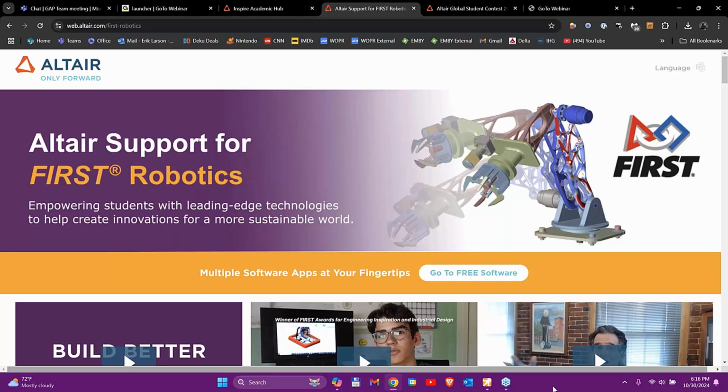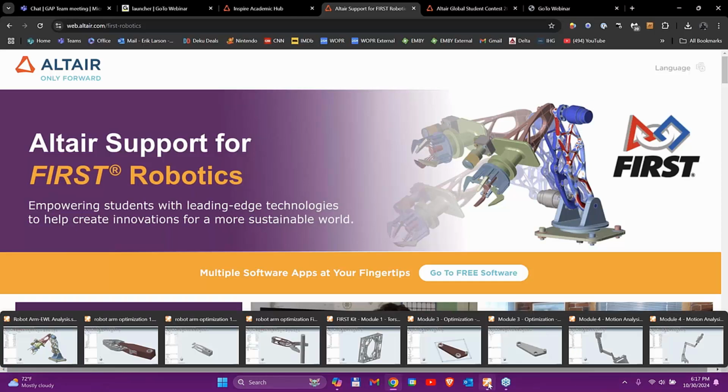So like I said, we're not going to go into a full-blown training. I do want to introduce you to the main things that you can do with Inspire to improve a robot. And the first of which would be really a simple structural analysis. So if I want to analyze a part,